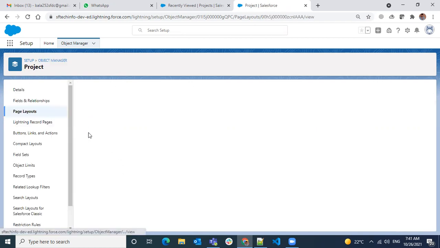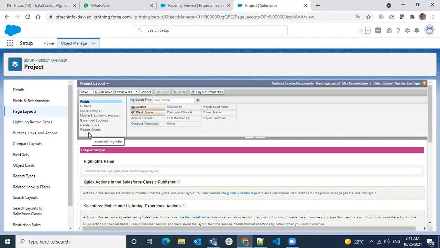Okay, let's open this page layout. Here in the page layout, you see there are so many things. If you observe carefully, if you have multiple page layouts, you can switch between the layouts here which belong to the same object.